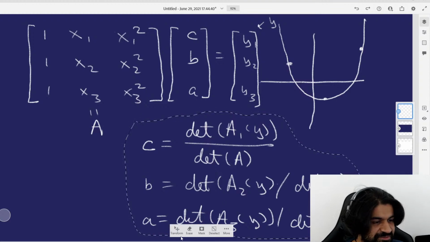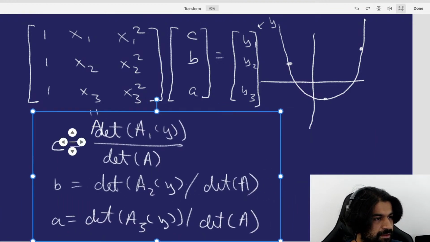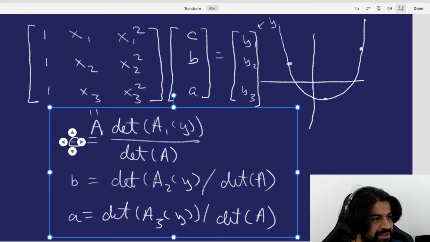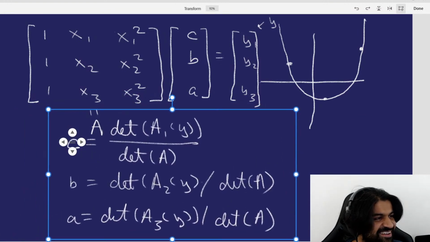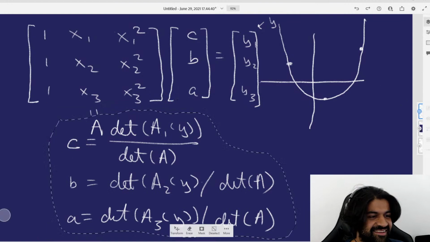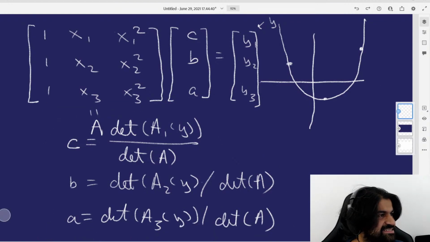Let me just move this over here. Just a little bit, so I'm not blocking it. Okay, I don't know where to move it. Okay, done. Deselect. Let me erase this A a little bit. Okay, so